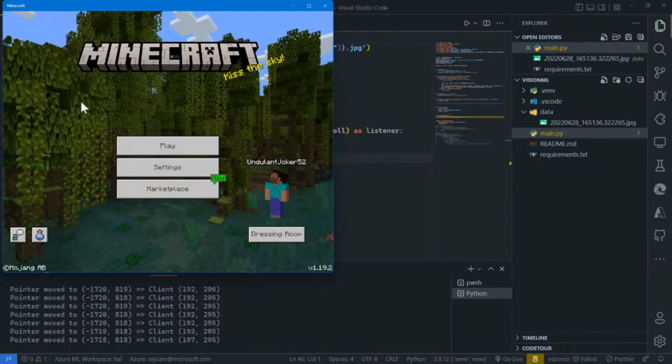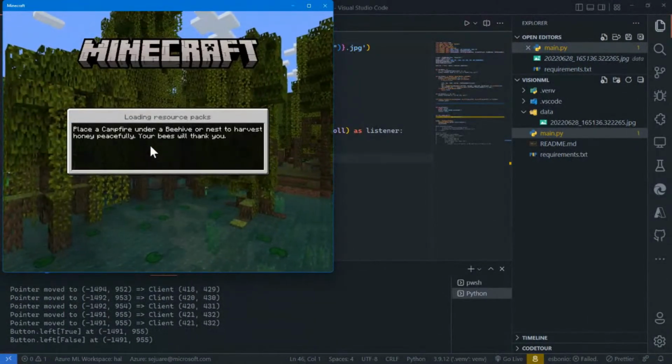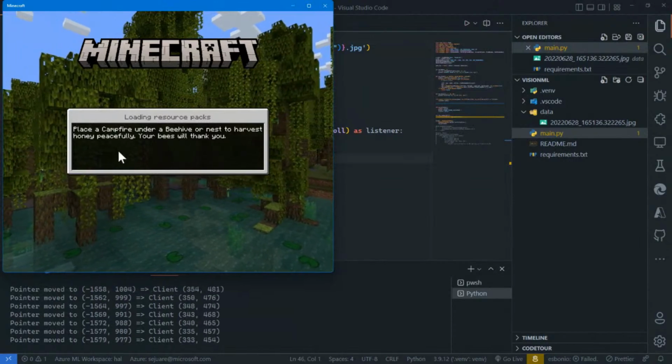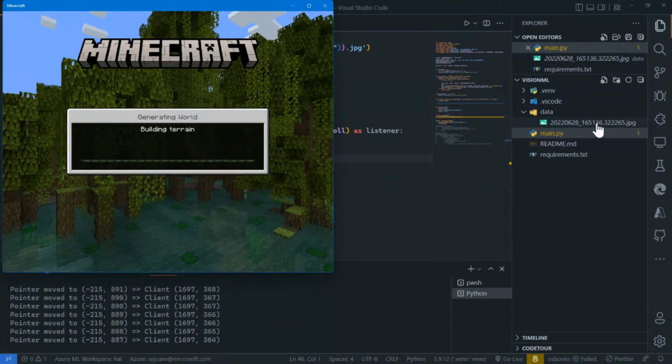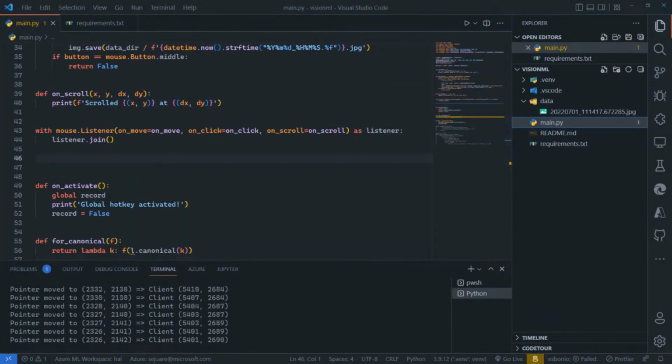Do you see how it's keeping track of everything? Now watch this. I'm going to go over here. Watch this. I think. Hold on, I got to load up something. Hold on, let me delete this real quick. Delete.